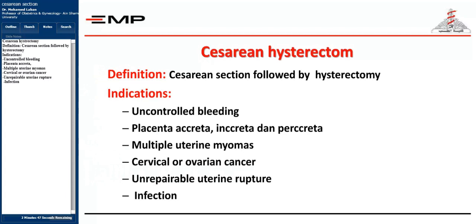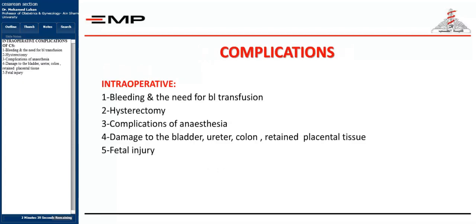Indications: uncontrolled bleeding, placenta accreta, multiple uterine myomas, cervical or ovarian cancer, unrepairable uterine rupture, infection, intraoperative complications of CS, bleeding and the need for blood transfusion, hysterectomy,